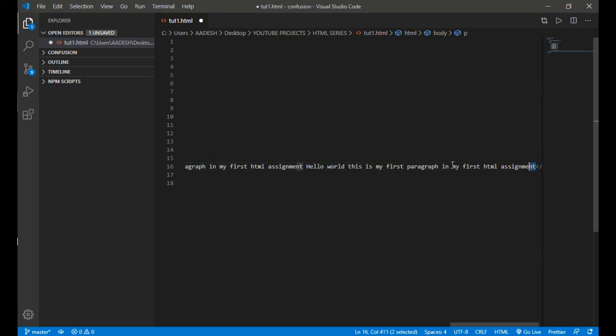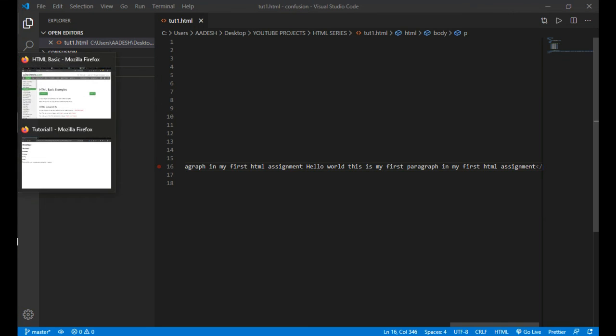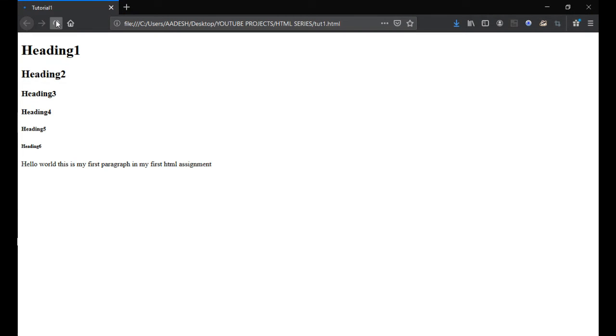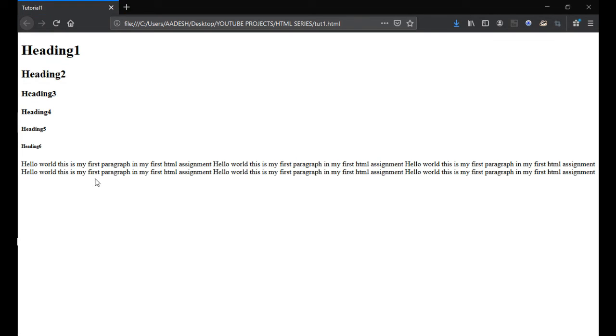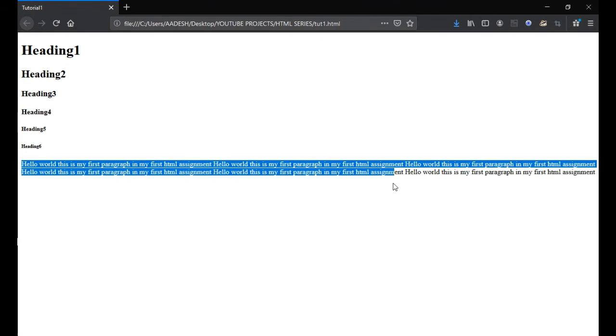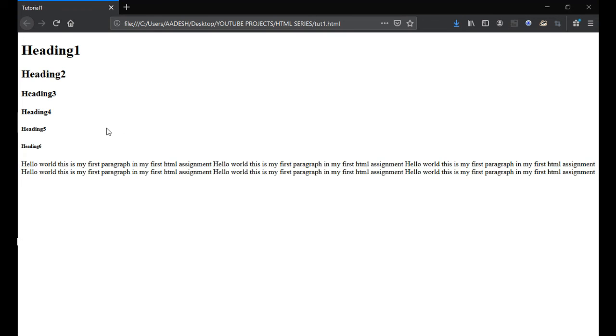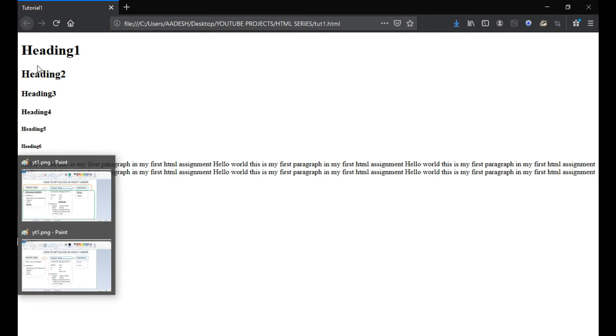Okay, so whenever you want to write multiple lines in your browser, you use paragraph tag. Now let me save and open the browser. Now hit the refresh button. Yes, here you can see the paragraph. So this is the use of paragraph tag.